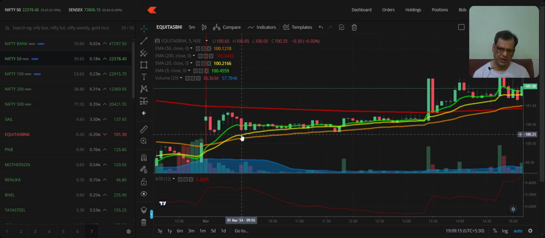People who would have taken a short here, their stop losses would have been blown off. Can you see this? And people who have gone long here in this candle, their stop losses have been hit here. So this is a proper bear bull trap. Anybody who tries to act over smart, shorts, gone. Long, gone. Short, gone. Can you see why I say short, gone? You shorted here, continued to short, and the next candle is a bullish candle. So your stop loss is hit, thereby